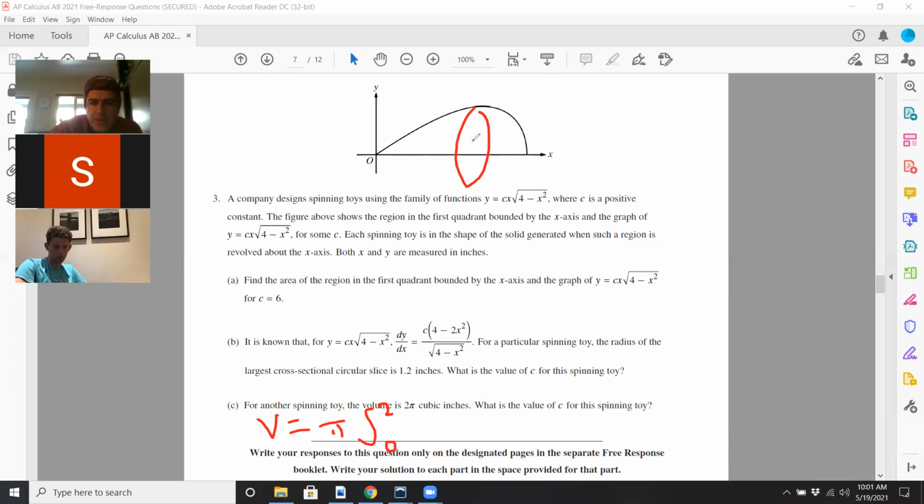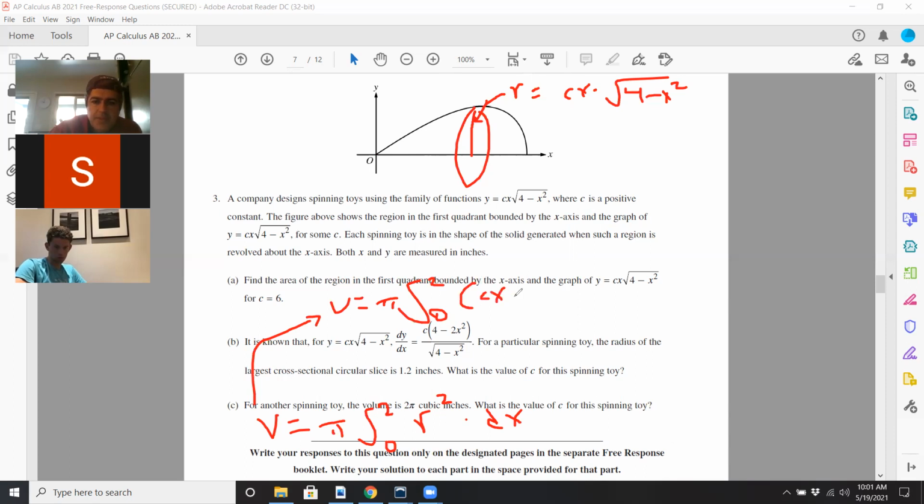And we're interested in knowing the radius. The radius is going to be strictly determined by the y value, and the y value is determined by this equation, cx root 4 minus x squared. So I'll need to square my radius, because it's pi r squared times the thickness of each disk, which is dx. So my volume will be pi times the integral from 0 to 2, and I'm squaring cx times root 4 minus x squared